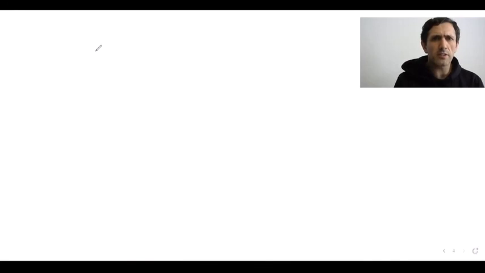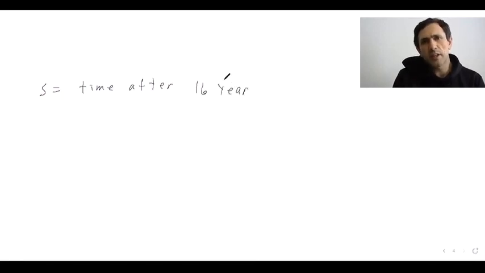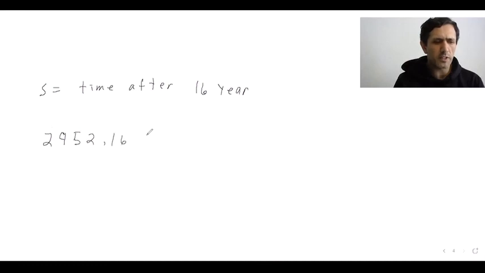So let's say S, for lack of anything better to call it, is the time after 16 years that this amount of money sits in the account. Okay. So how do we solve for S? Well, it's not very hard. So 2952 and roughly 16 cents sits in the account for S years, where S is going to be a fraction,